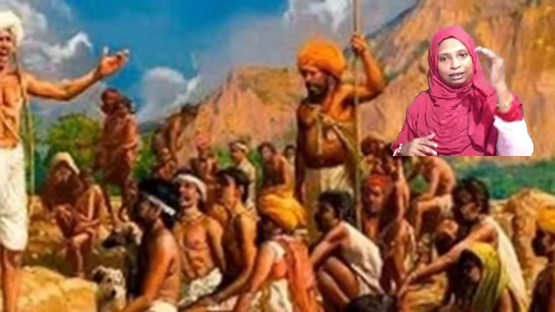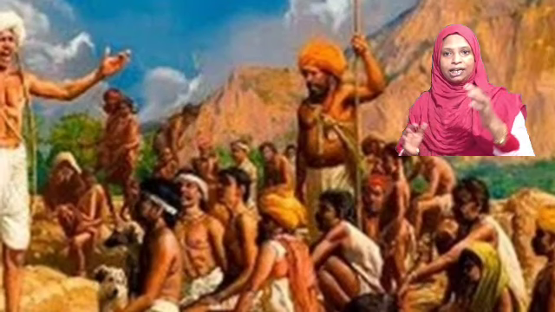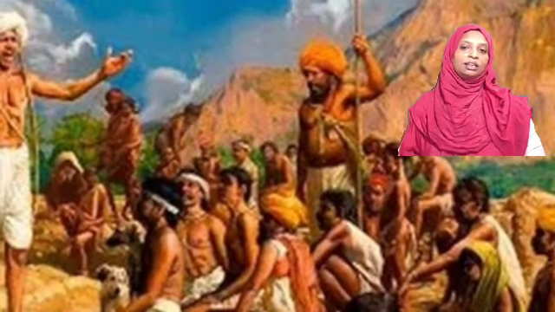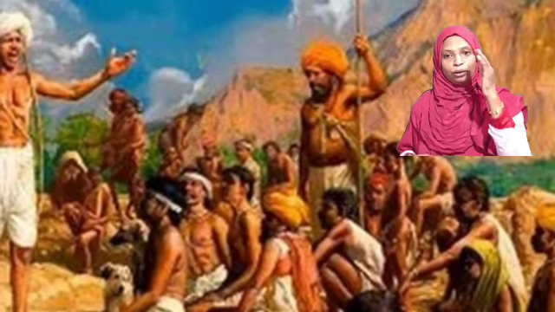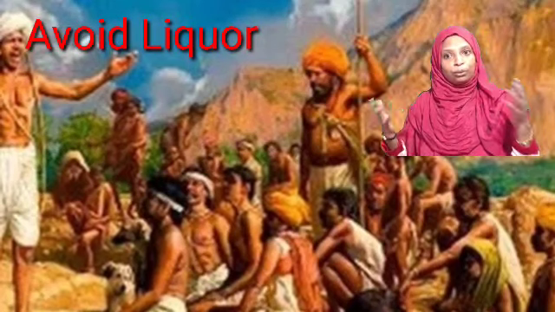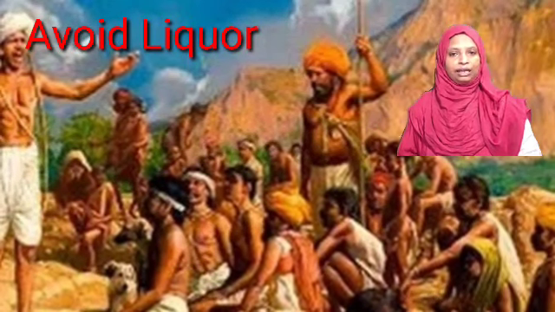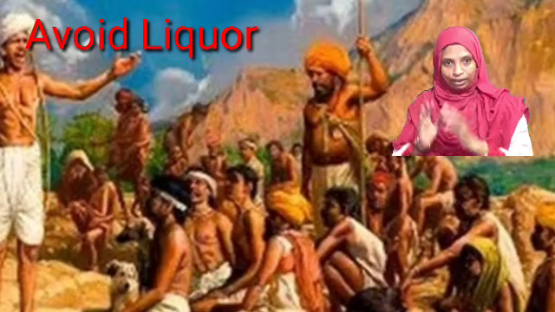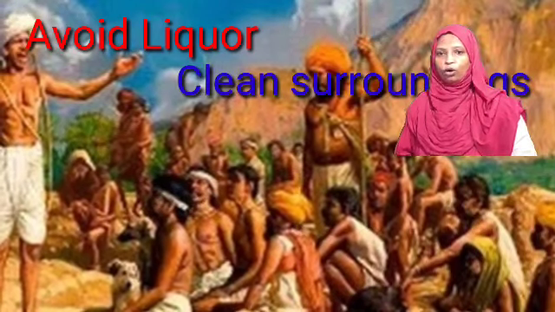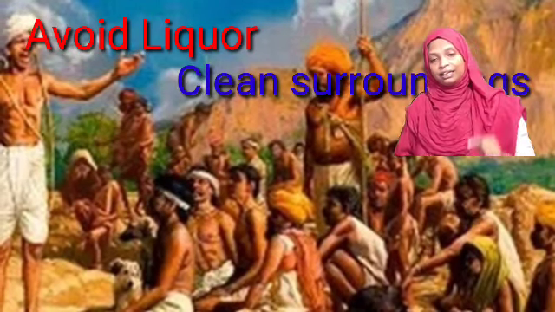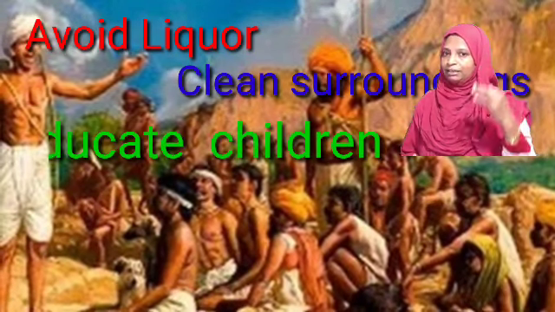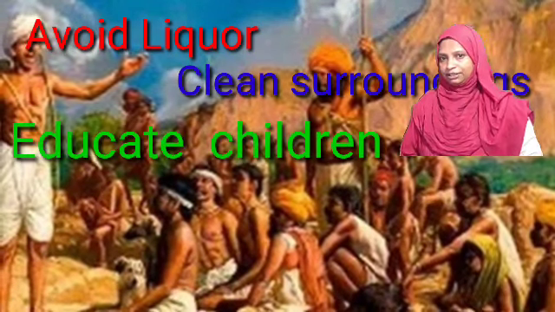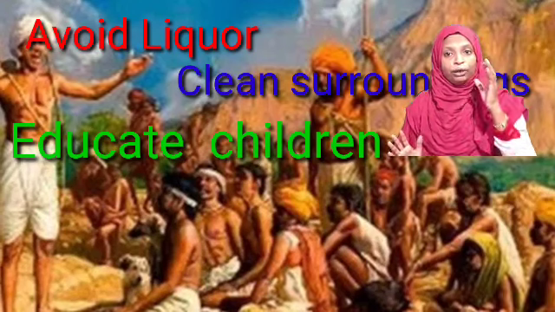So in order to bring that glorious past, Birsa started to introduce some reforms in his own society at first. He advised his people to be free from liquor, to avoid every type of alcohol in their daily life. He advised them to clean their surroundings and their homes. Another advice that he gave to his people was to send their children to school in order to make them literate. Another important point he advised was to avoid every type of witchcraft